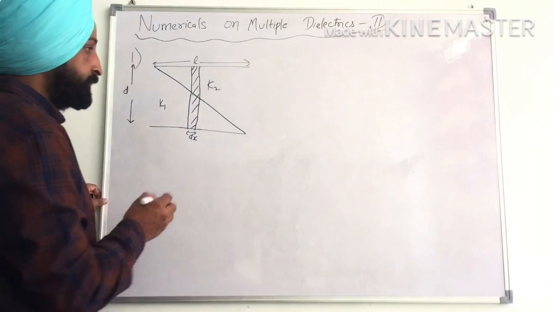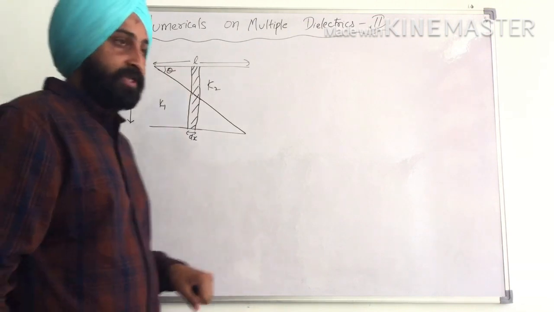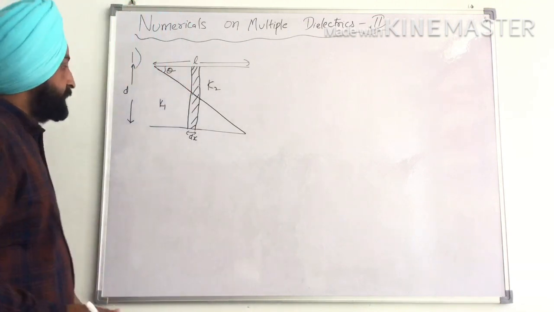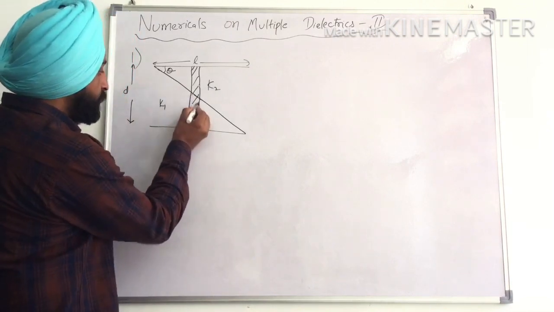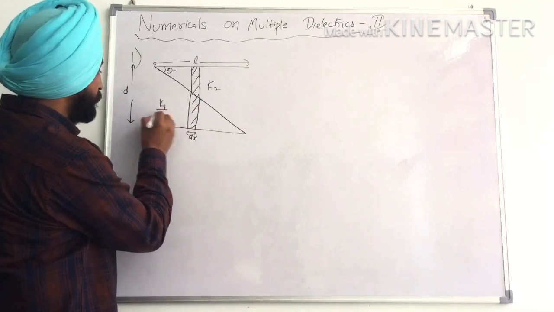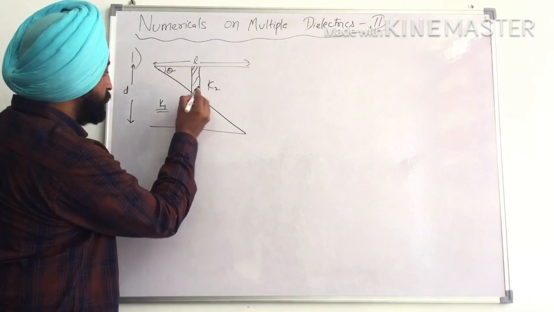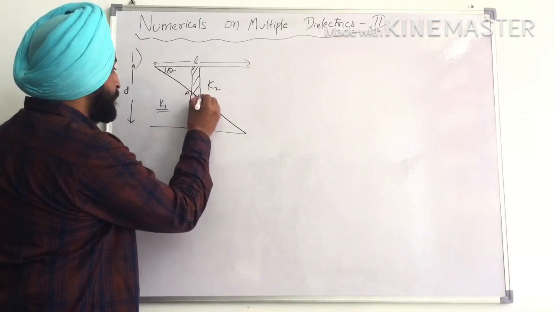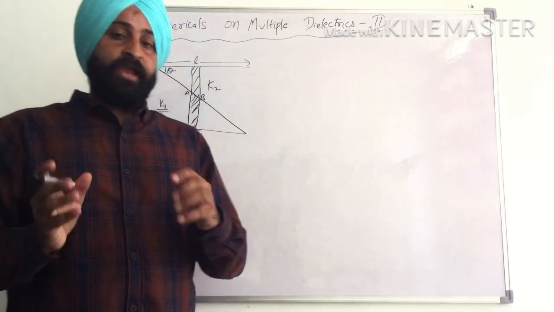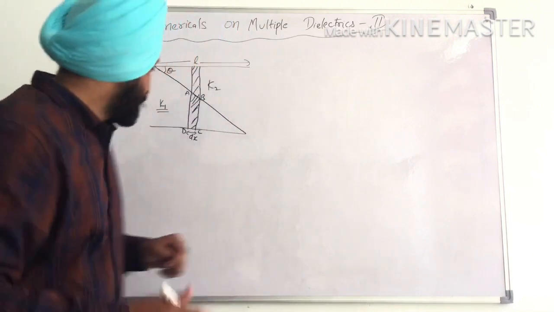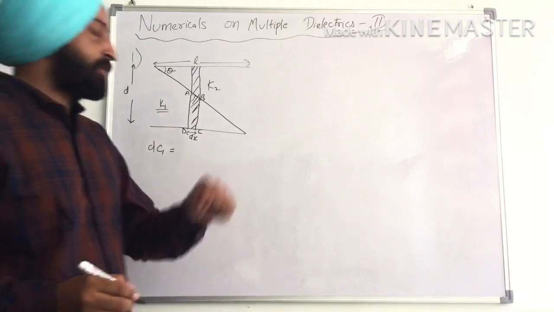Now here, let this angle be theta. We will also be using this angle here. Now to start with, firstly I will be calculating, see, this is a small portion of dielectric whose dielectric constant is K1. So for this small portion, I will be naming it as A, B, C, D. So for small portion A, B, C, D, if we need to calculate the capacitance, it will be a small capacitance. I will be denoting it as dC1, a small capacitance.